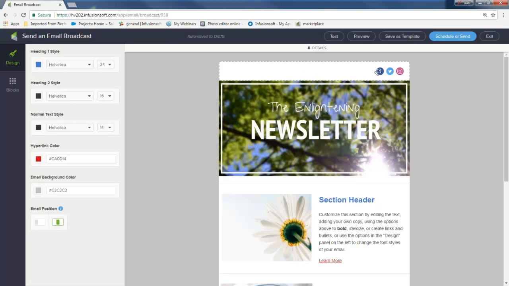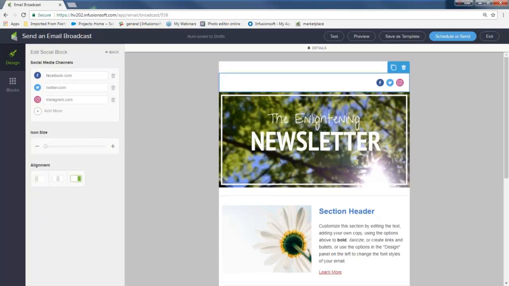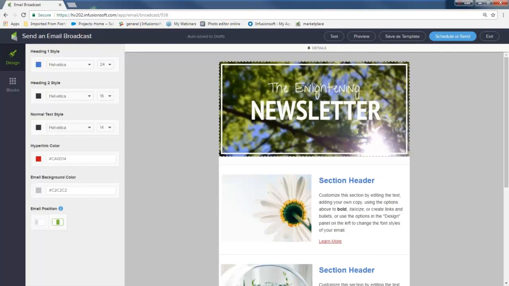If you notice on the very top, there's a little Facebook, Twitter, and Instagram icon. If I click on that very top, I'm going to delete that because I'm going to show you how to get it. And I don't want it there. I don't want it on the top of my screen. I'm going to put it underneath my banner. So this starts out with our banner, the Enlightening Newsletter. That banner may be great for your business. You may love it. But if you don't love it and you want to change it, just simply click inside that banner